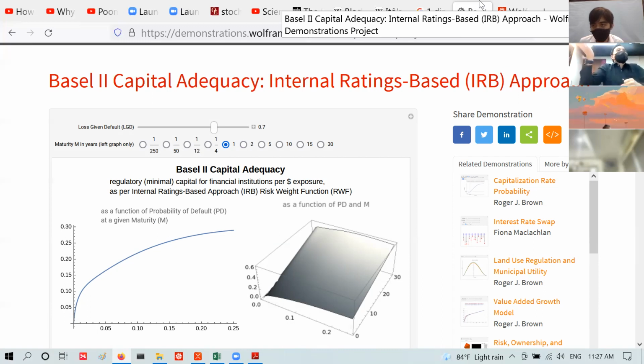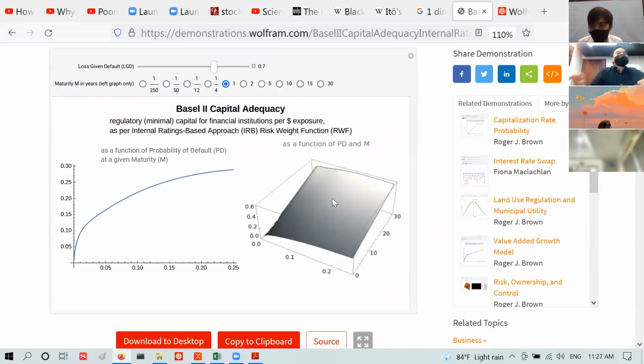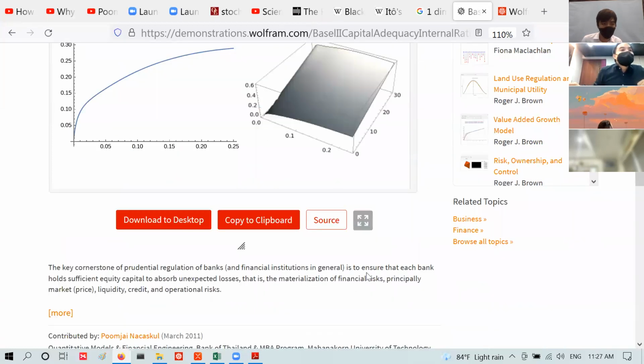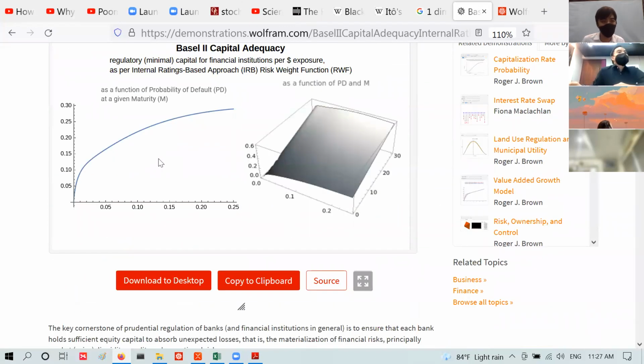This is a formula that calculates how much minimum capital you need if you have this much risk. So it quantifies the amount of risk, and it says what is the minimum capital you need to cushion for it, using principles from probability theory and so forth. So this was written when I was back in the Bank of Thailand. So this must have been 2011. Wow, 11 years. Okay. So you can play with this. And this is basically the